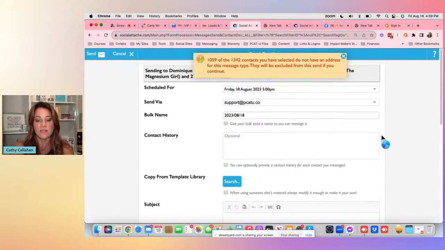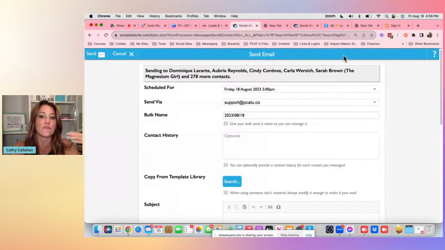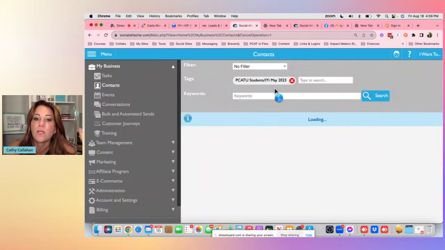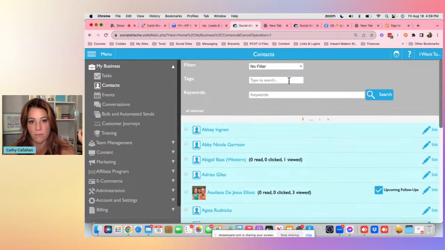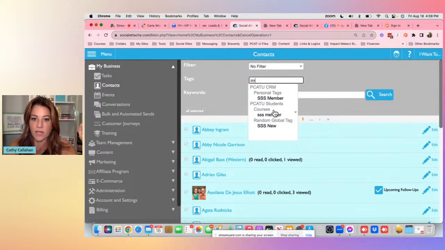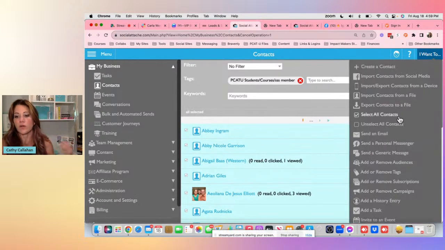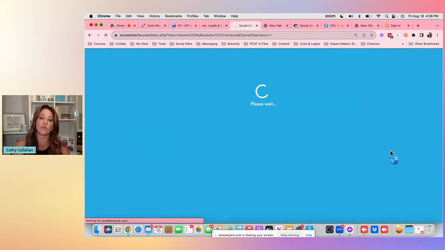This is why if I would have had software from the beginning, when group members come in, I would have captured email. I didn't start doing this until a couple months ago, and that group's been here for 2 years. Realize how important it is? So it can only email 278 group members. So remember, you could go back to what I showed you earlier and go, well, crud, I wanted to message all of my members, but I don't have a tag, or I don't have a communication method with all of my members. So I'm going to go ahead and go through the generic message,